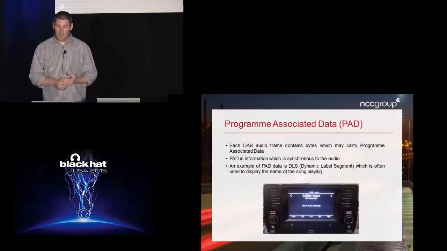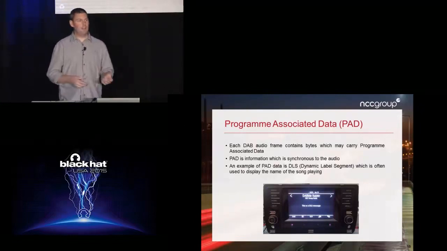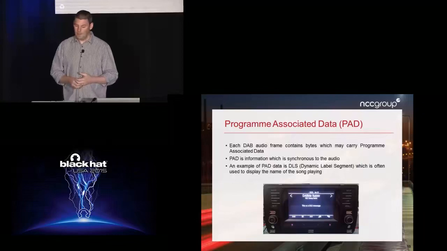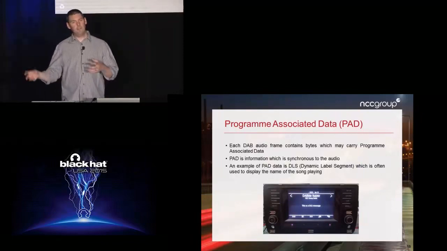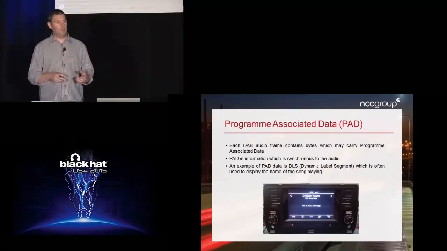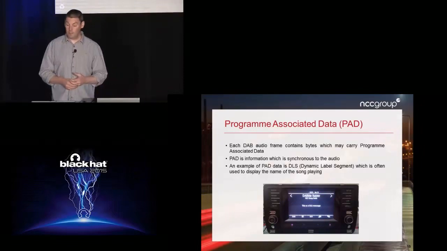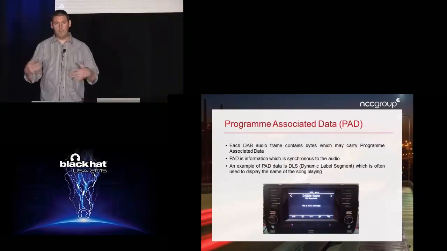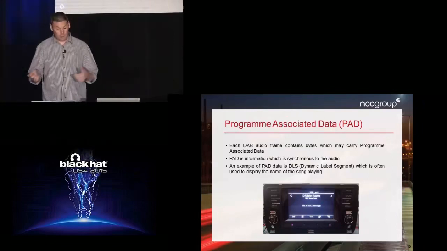Program-associated data is something that's within the main DAB spec, and it's something that you'll have definitely encountered if you've used a DAB radio. It enables you to send data that's directly associated with the current audio stream. So, for example, you will regularly see the name of the current track that's being played on the receiver, and that's sent as program-associated data because it's synchronized to what you're listening to. In fact, that DAB slideshow as well is program-associated data in the way that it's transmitted.